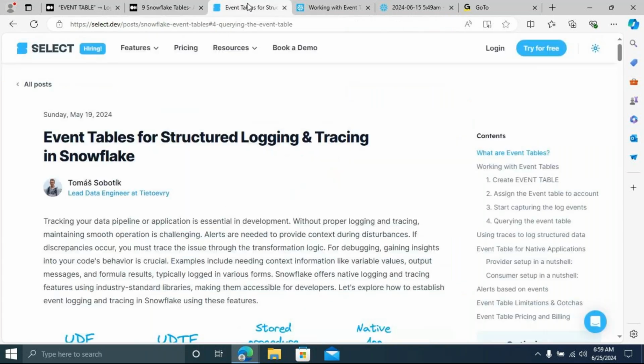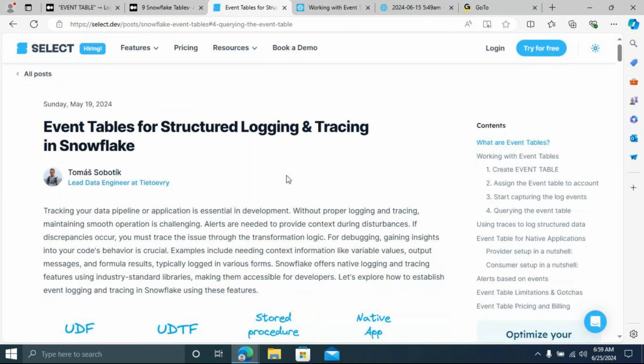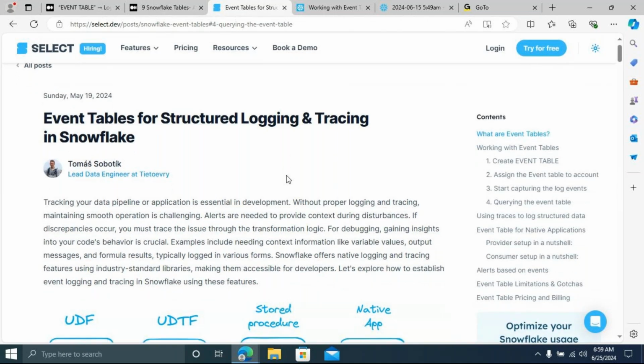Now, if you are designing any kind of data pipelines, ETL or ELT pipelines, what do you have to do without proper logging and tracking? Say I am designing a data pipeline, and there is no proper logging and tracing. Definitely it's not going to be a smooth operation. It's going to be a challenging one because I'm not logging any information. How many records got inserted per day?